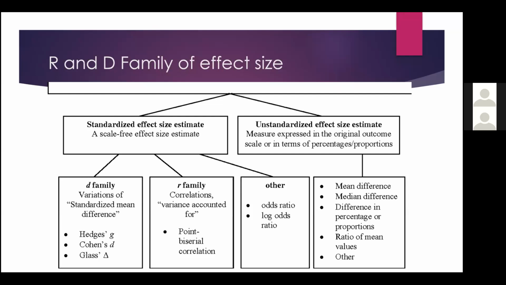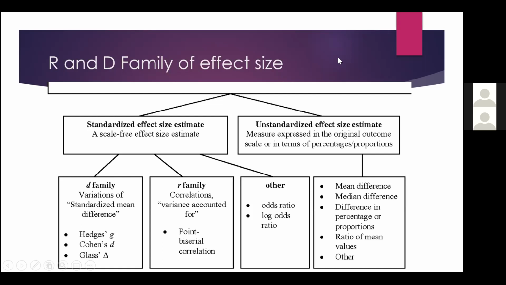One is called the D family. Generally people from medicine use it; in fact, meta-analysis as a technique actually came from medicine. So the first ever type of effect size calculated was the D family. And let me tell you, there are some 100 types of effect sizes. The resultant will always be a number, say 0.4 or 0.8 or something out of 1. But the input that you put in to find it will vary. That is what differentiates the types of effect size.